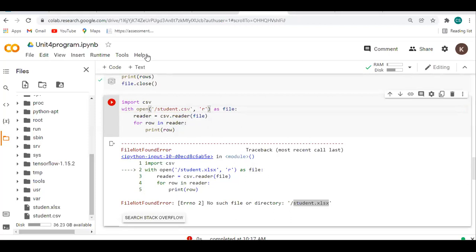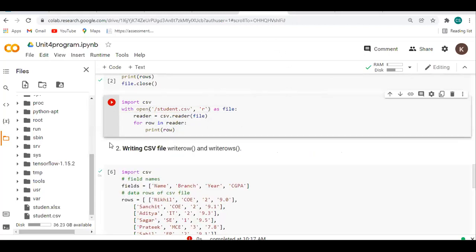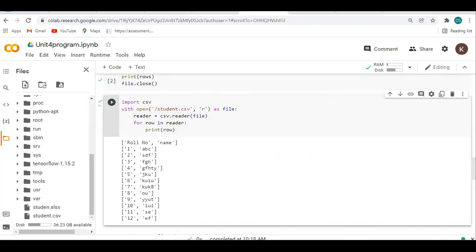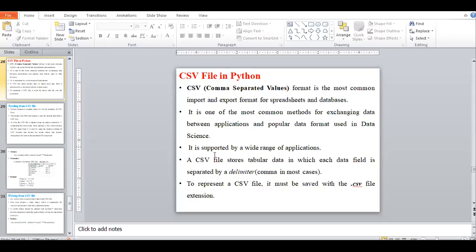And in the next lecture I will tell you about one big project related to this CSV file. This is just a simple review related to the CSV file actually. The concept of CSV file is very vast. In the next lecture I am executing one project related to the CSV file.